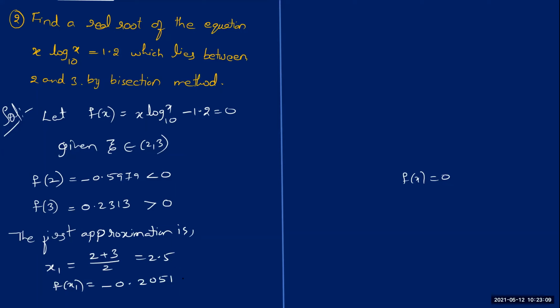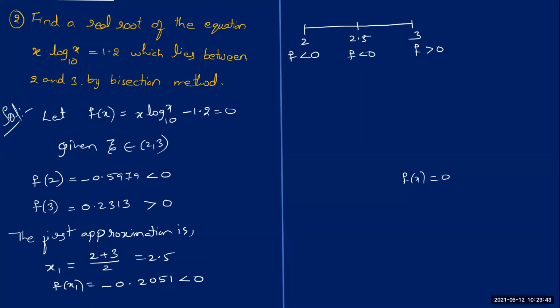Minus 0.20514. Good, so we got it as negative. Fine, so then see how much it is. I'm just taking a diagram to avoid confusion here. Before getting x1, you see the interval is this 2, 3. As we observed already, at 2, the function value was negative, and at 3, it was positive. Now at the middle point 2.5, we got again the function value as negative,